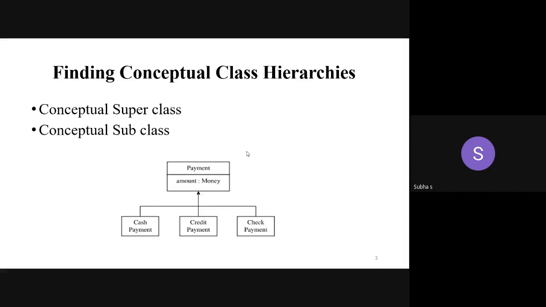In a general domain model, we saw payment as a simple class only, but that payment can be made specific as what? A cash payment, a credit payment, or a check payment. We discussed this in the case study, the next gen POS. So you are arriving into the store and you are buying some items.